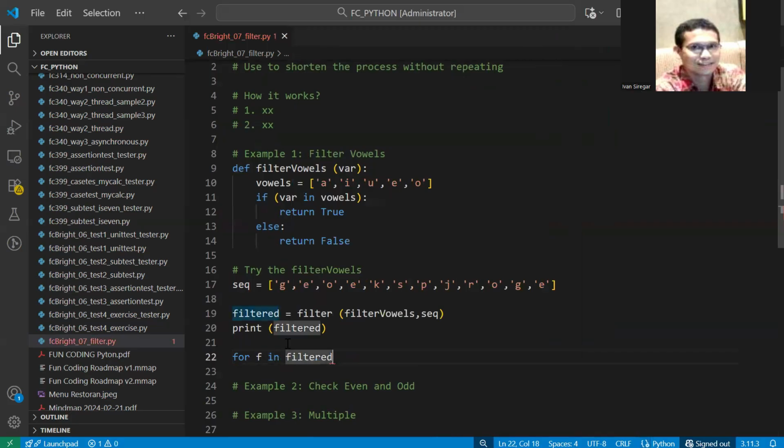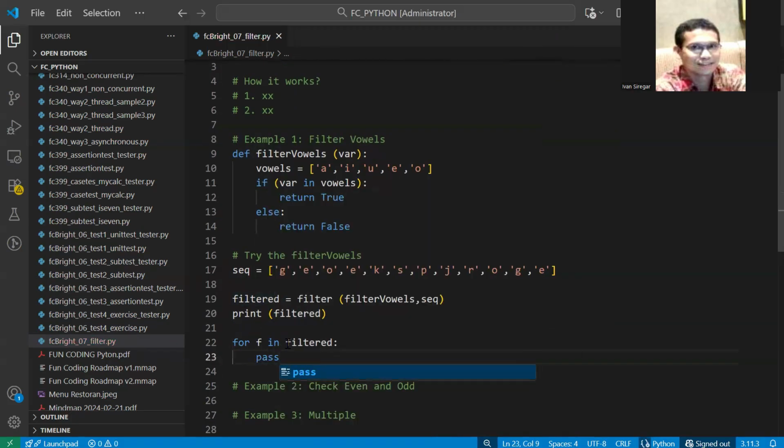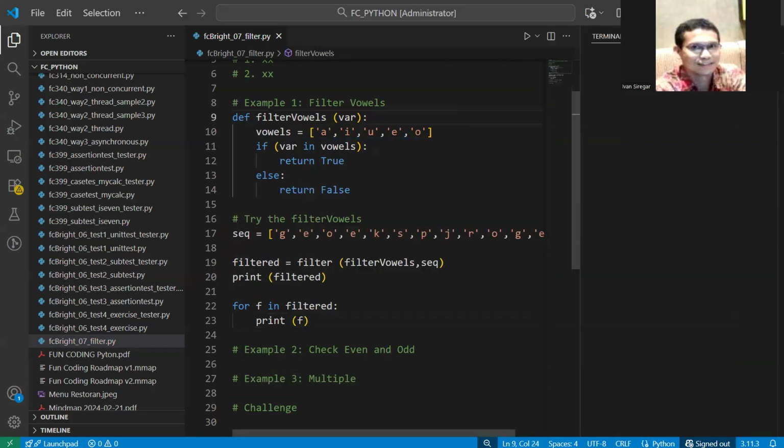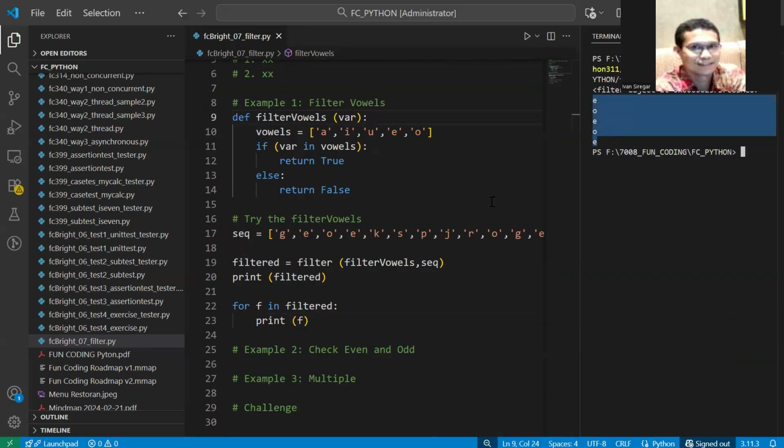Okay, let's say f here is the filter item. And then you print, because this is filter and filter. So you take the filter one by one as the f here, and then you print that out. So print the f. Only this. You can run it now, and tada, we have it. Okay, adjust the code.